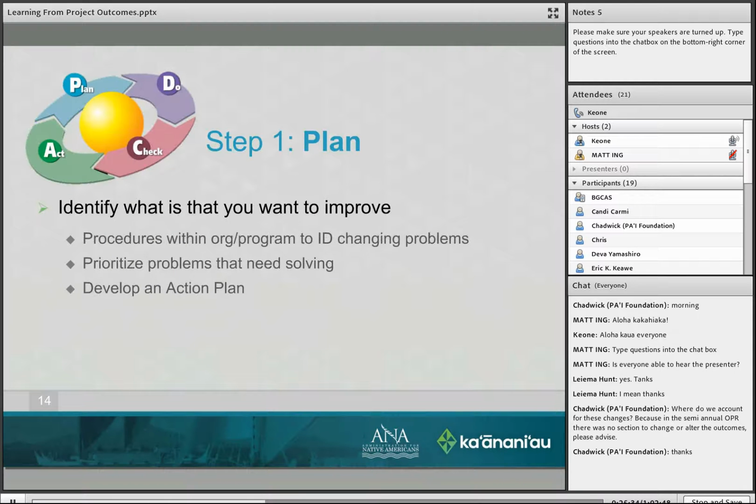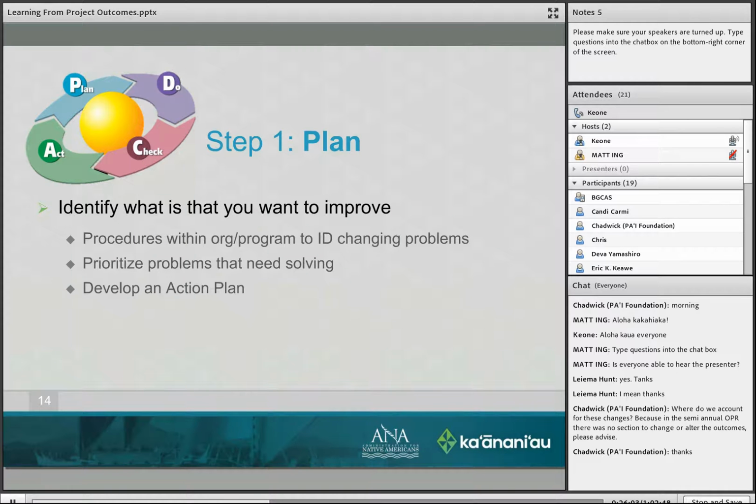The first step is to identify what it is that you want to improve. You have to take the time out to evaluate what's going on with the project, what's going on with the activity, what's going on with your objectives, and figure out what it is that you need to improve.